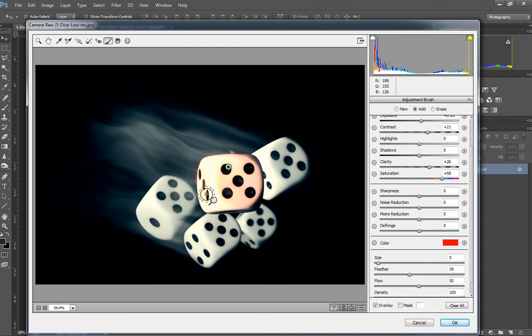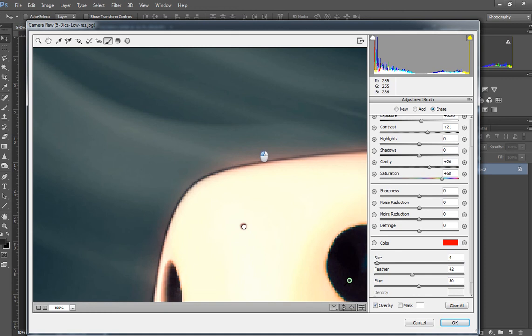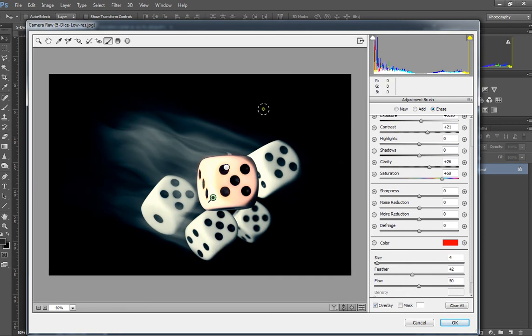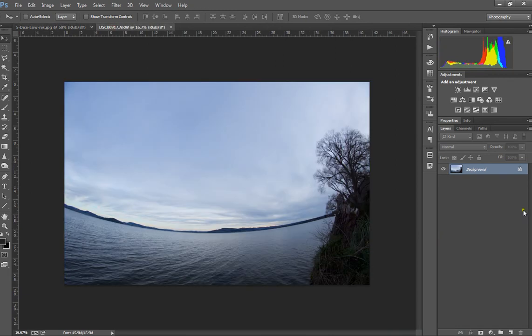You want to get rid of this area down here where I've just slipped, so Control Plus allows you to zoom in and just make sure that you do this neatly so you can't see where you've actually done those changes at the edges. Because I've got two layers there, I'm going to have to change back and forth between them, but hey, that gives you an idea of what we're doing. What are some of the other functions you can do? Actually, we'll go back to the other one,